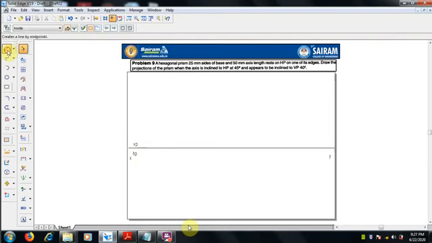and we will go for the top view of the prism, which is a hexagonal prism. So we have to draw the hexagon, 25 mm side each.